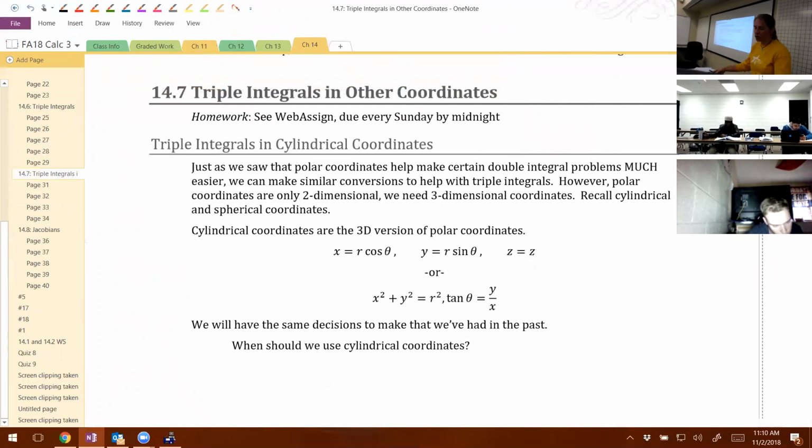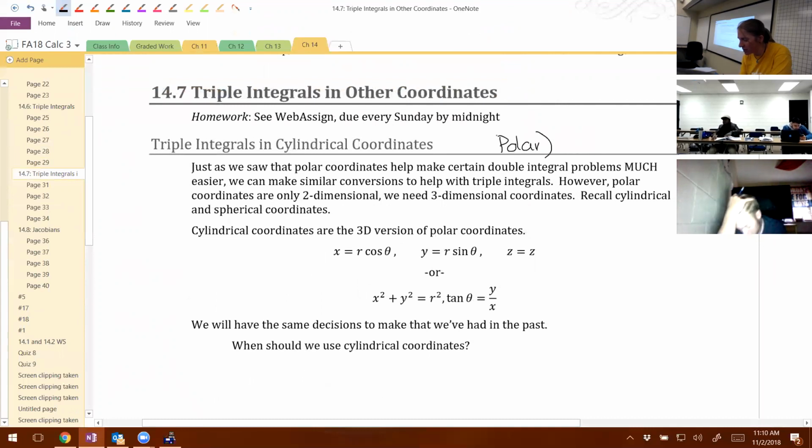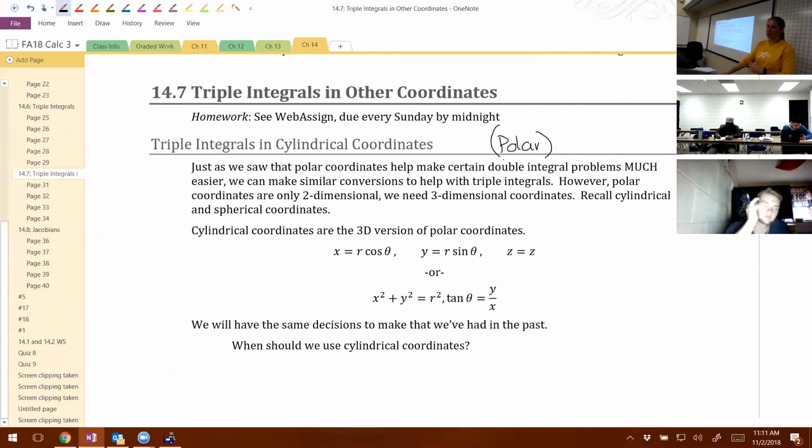And I will warn you, there are lots of times where I am going to say polar coordinates instead of cylindrical coordinates, and I apologize. They are technically cylindrical coordinates, but in my head, they're like the same thing. If I say polar, very often. So,